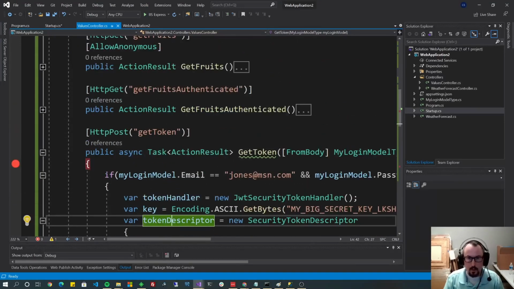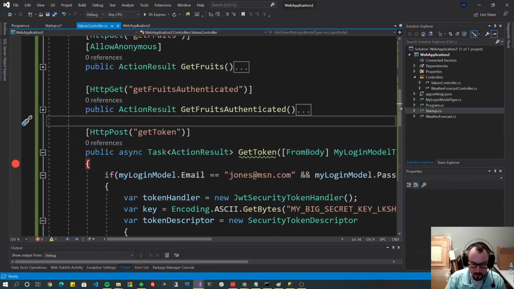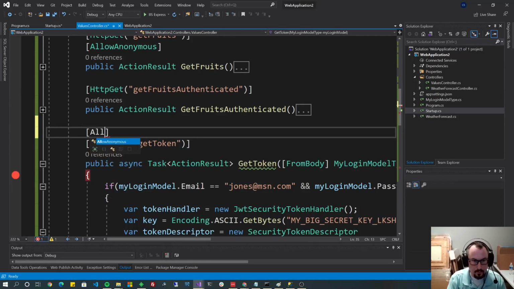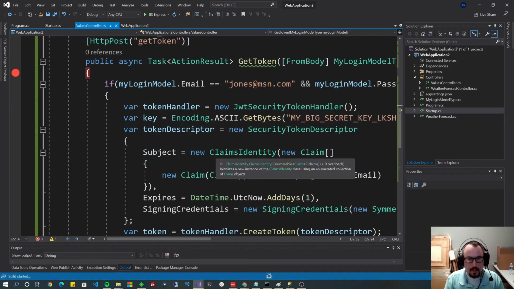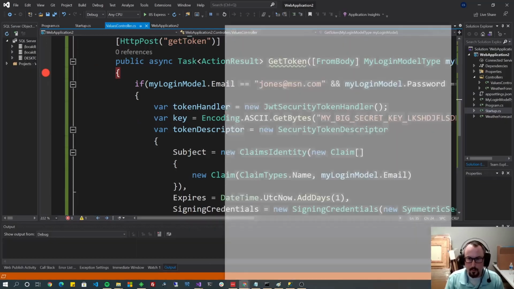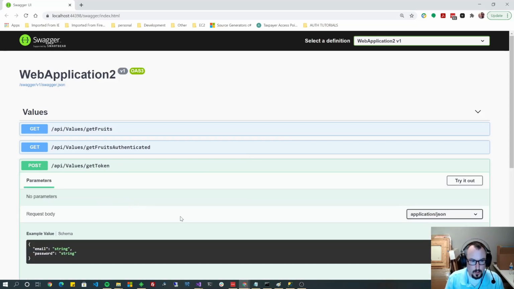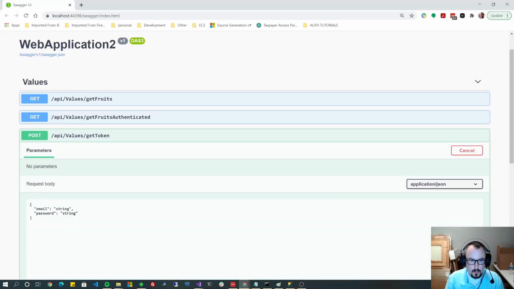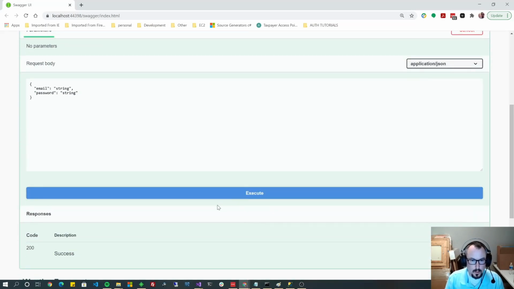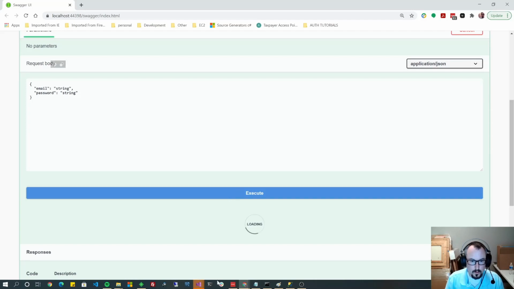All right, we did forget one thing on this method to get token, and that is allow anonymous. Got to be able to get in there to log in. So I'm going to hit F5. I'll show you what we've got so far before we add any more. So our get for it's authenticated, we first have to get the token. So if I click post here, try it out, and execute,